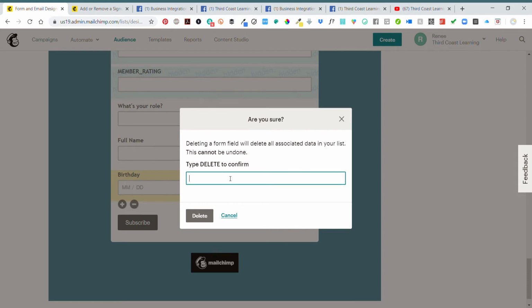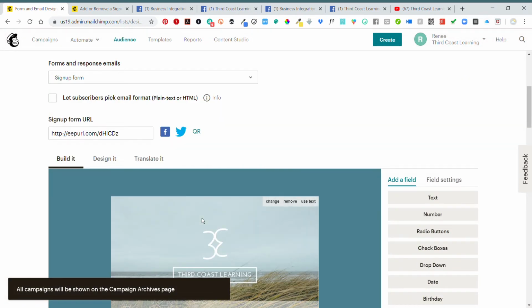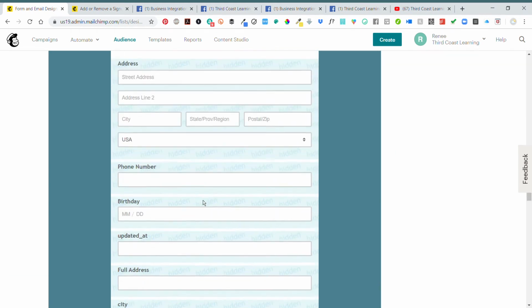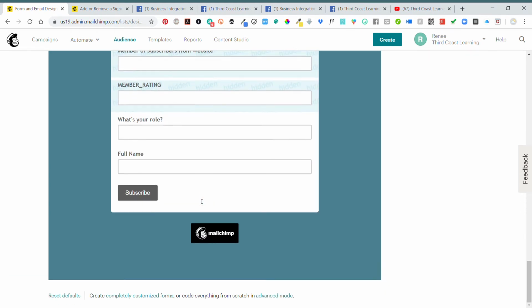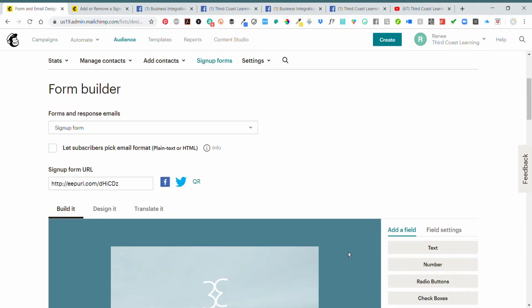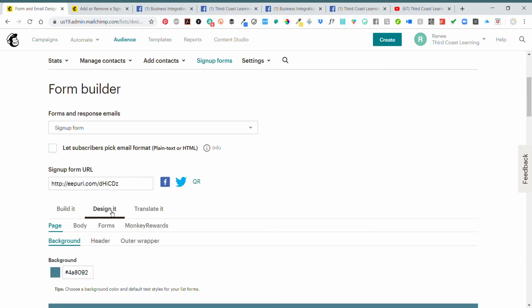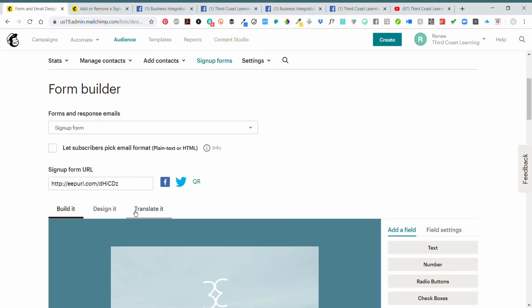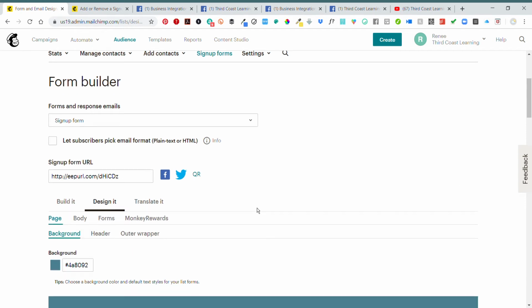and then there is a security feature where you have to actually type delete to delete something, kind of like the other areas of Mailchimp. So I deleted it, and I'll scroll down and you can see it's gone. So again, I'm not going to go into a whole lot of detail on how you customize this form. It's pretty self-explanatory. You can build it just by adding or removing fields,